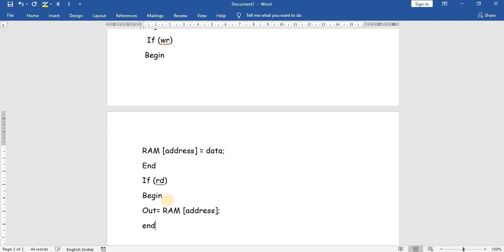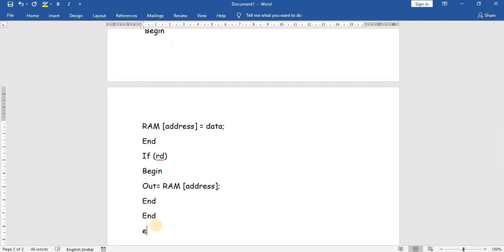Then end this program. So if we declare like this, the corresponding data will be stored in the output variable called out. In this begin and in the opening begin and end module.